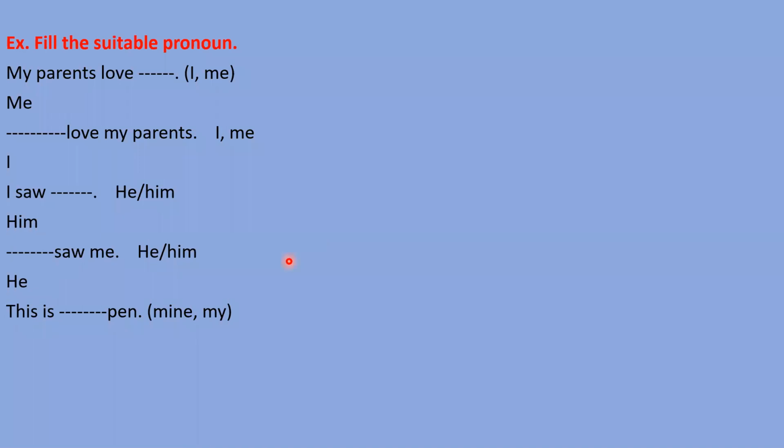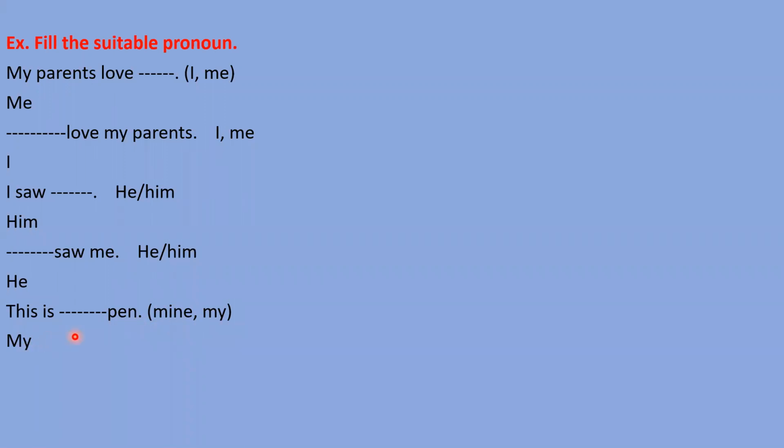Sir, mine. Why not my? Okay, I tell you. Sorry, my is the right answer here. Why is my the right answer here? Because you know that both are possessive words, but mine is pronoun and my is adjective here, right? So my we can use if after that there is any noun. So that is a noun there, right? So we need to fill my here. If there is no noun after that, then we have to fill the pronoun and mine is pronoun. So my will come here.